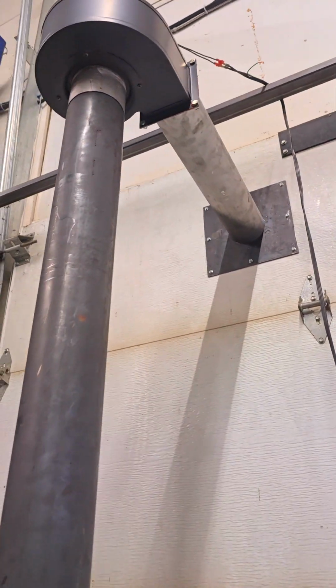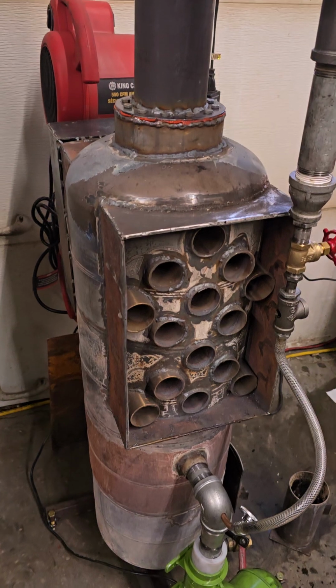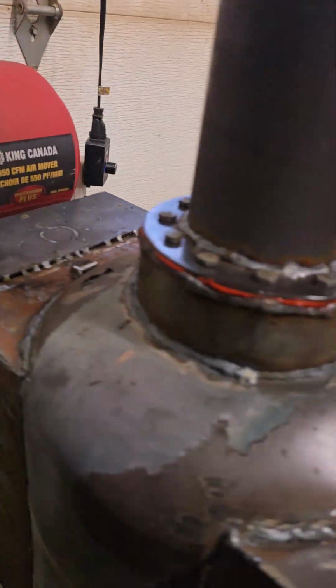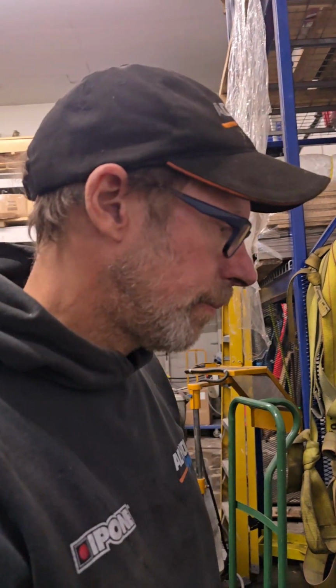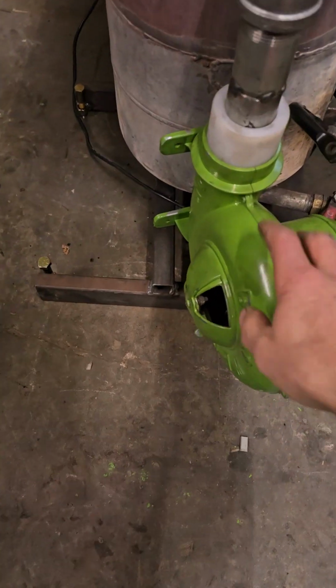eventually. So this is 4-inch. This is the first one I made. It's working awesome, very, very good. I put 2 fans instead of 1. And this is heating all this space here. It's a 20 foot ceiling here. I could bring this to 70 degrees easy with about a gallon an hour of oil. I've ordered two other ones like that,